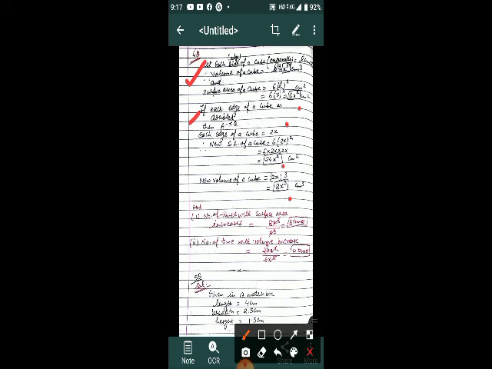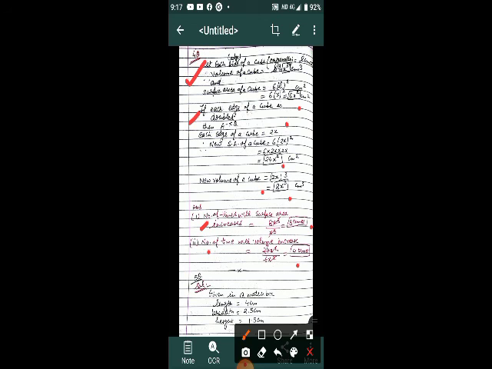Now we have to find out the number of times the surface area and volume increase. Divide the new volume by the original volume and the new area by the original area. So here 8X cube upon X cube, it becomes 8 times, the number of times the volume increases. And 24X square upon 6X square, it becomes 4 times.